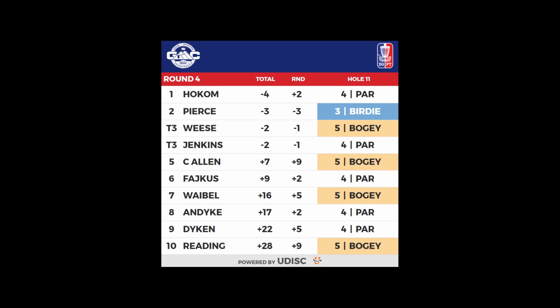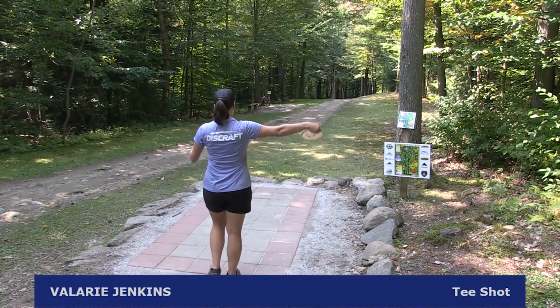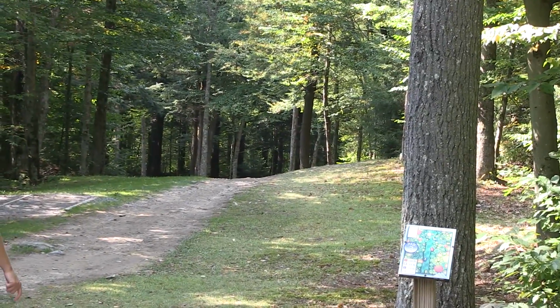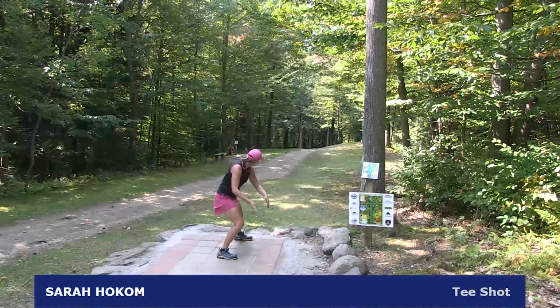Sarah Hokom holding on to a 1-stroke lead over Paige Pierce, 2 strokes over Jessica Weese and Valarie Jenkins. It's a 360-foot par 3. Valarie Jenkins is on the tee. She pulls that quite a bit right, but gets good distance on it. Sarah Hokom,